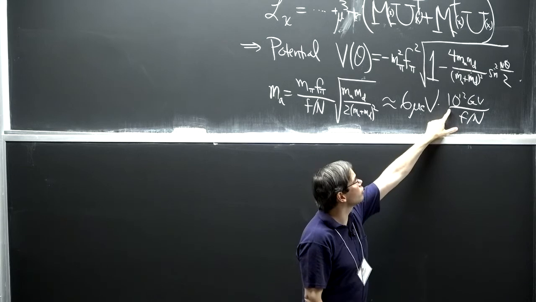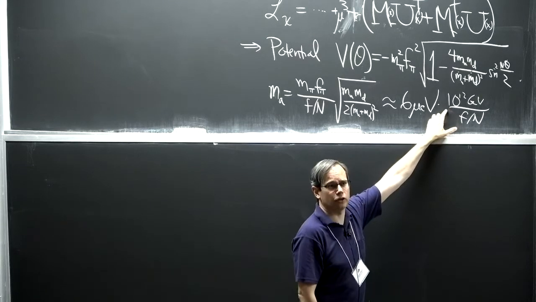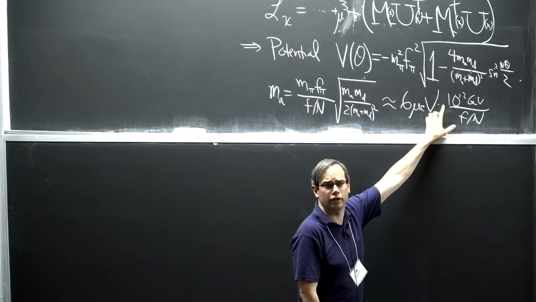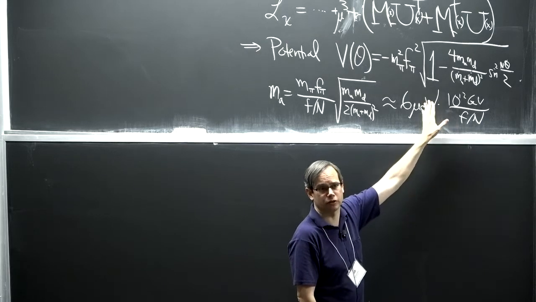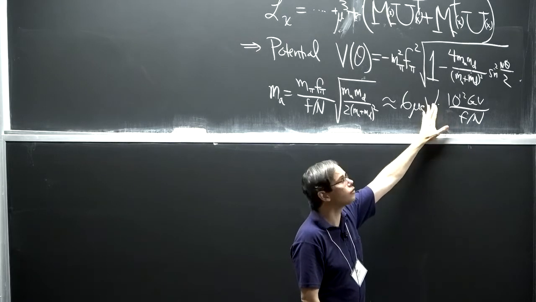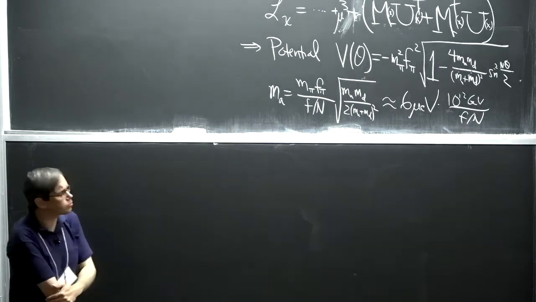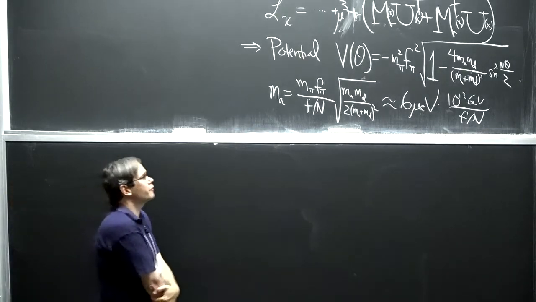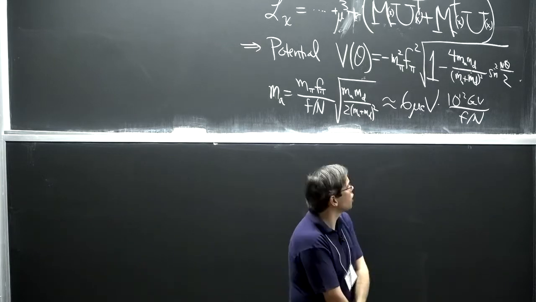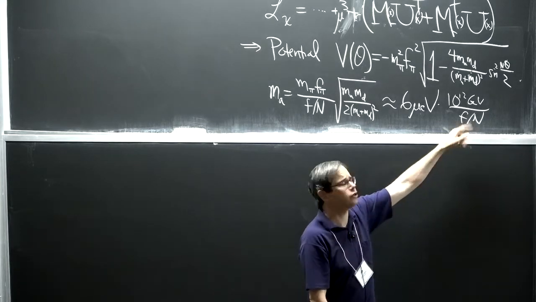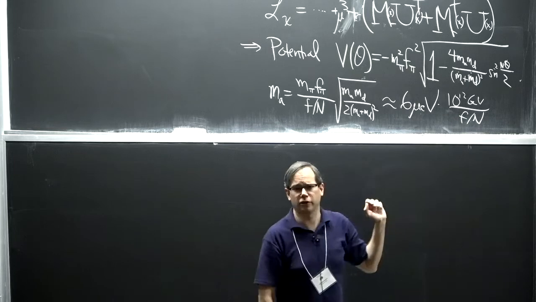I haven't picked 10 to the 12 totally at random. That's roughly the number that gets you the right dark matter relic abundance, at least in the simplest cosmological history that you could talk about for the axion. OK, so that's roughly what we might expect this particle mass to be if it's dark matter. If it's not dark matter, or if the cosmology is more complicated, this F could take a wider range of values, and the mass scales inversely with F.